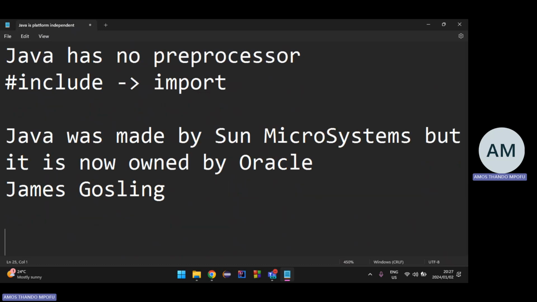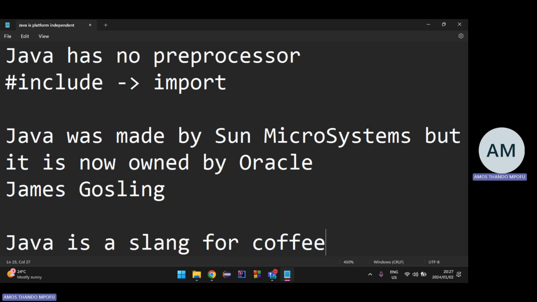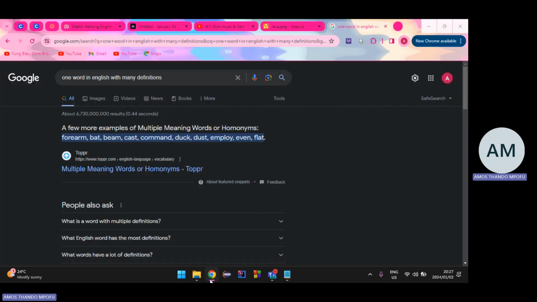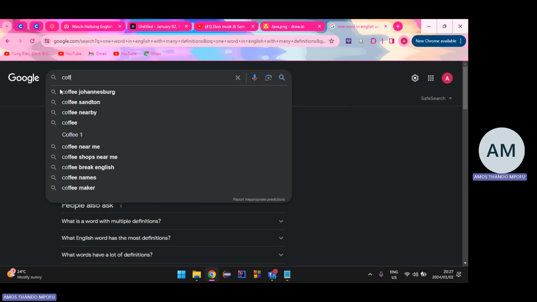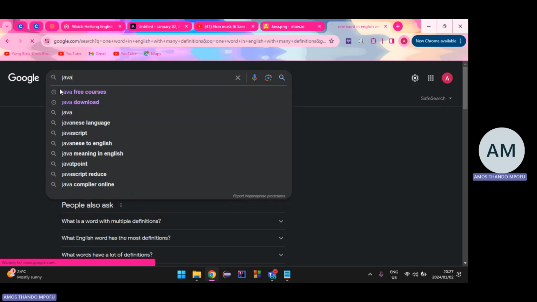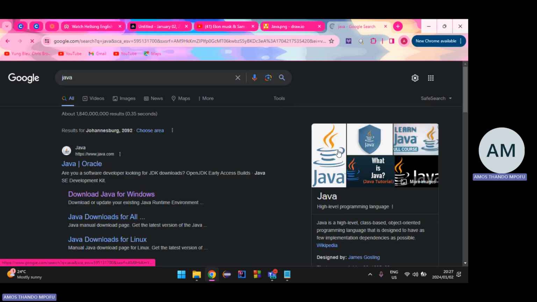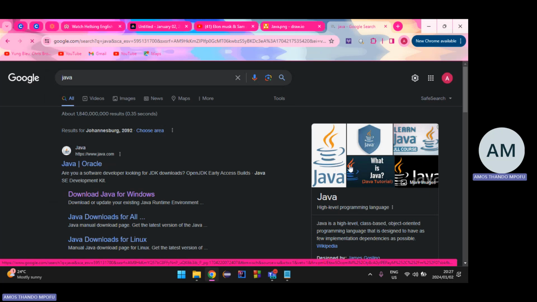And if you look at the name Java itself, what does that name mean? Java is basically a slang for coffee, right? If you check the logo for Java, there's a coffee cup. Look at the Java logo, there's a cup of coffee there.